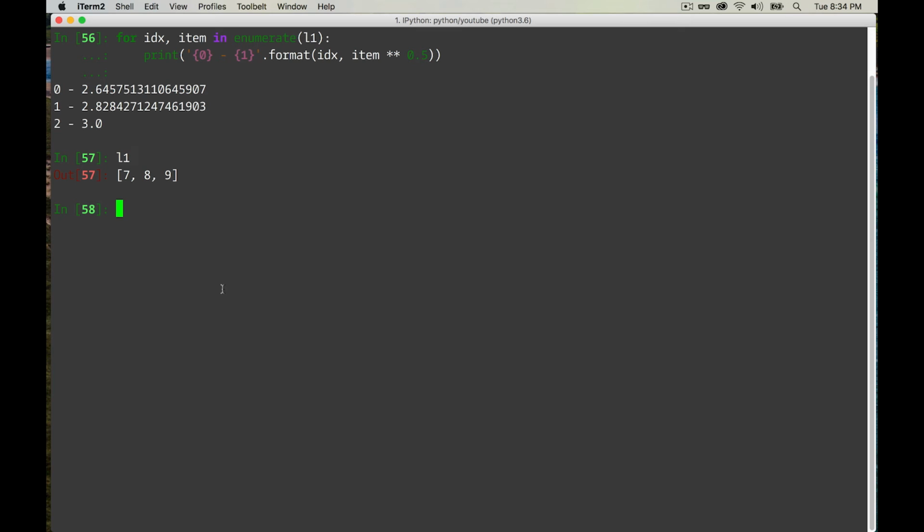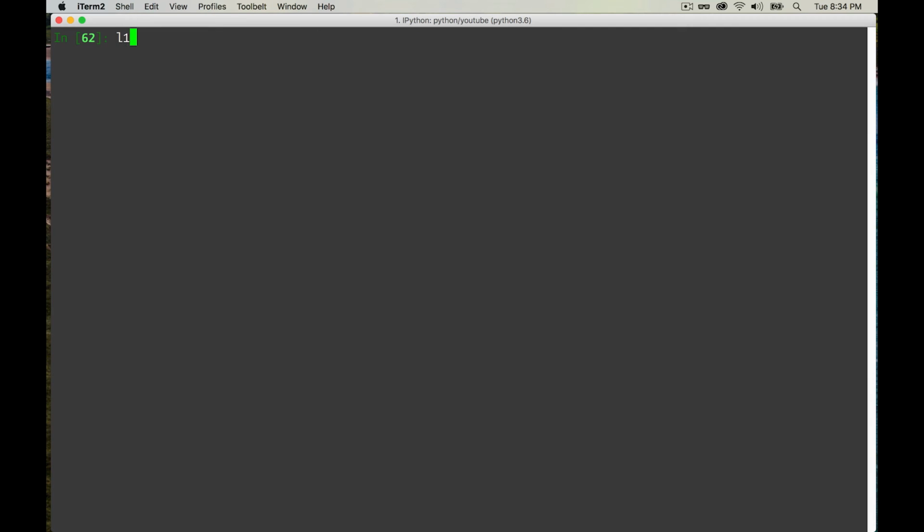Second to last thing is I want to talk about zip. So L1 is this thing. Let's say L2 is 2, 3, and 4. I'm just going to make these things the same size. So there's L1, here's L2. Let me do that one more time. L1, L2. Great. What if I wanted to put these two things together, these two lists together? Well, there's a function called zip,